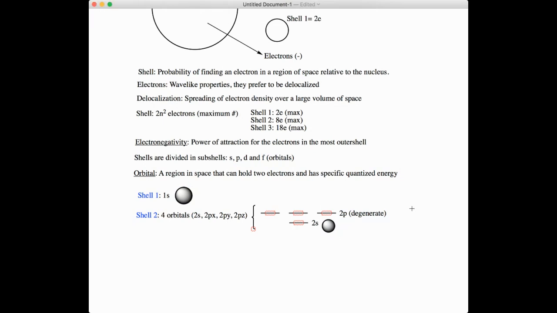So here is a p orbital. Okay, so this is a p orbital. That's the shape of a p orbital. Okay, so it's a lobe, as you can see here. So a couple of things that I want to emphasize in regards to the p orbitals. The shading here, guys,